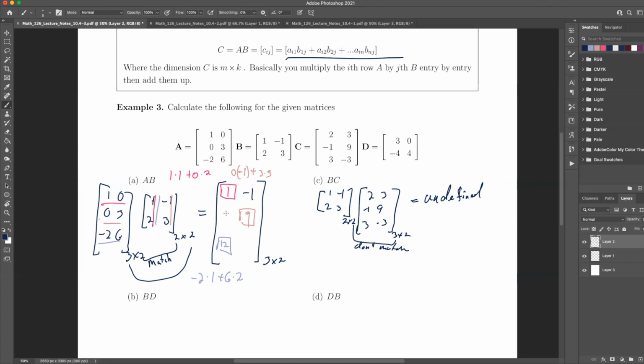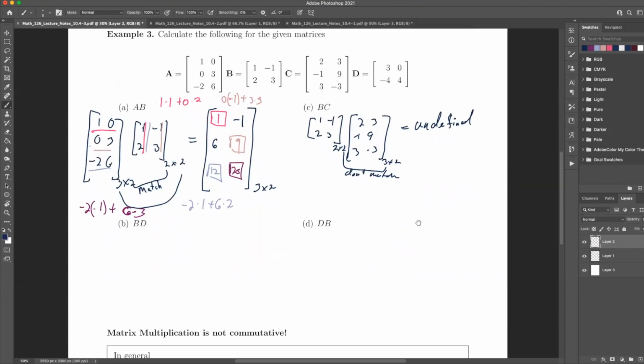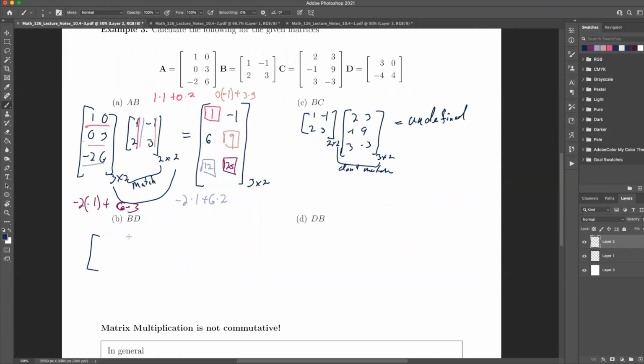So negative 2 times negative 1 would be positive. I'm going to write it out. So we have negative 2 times negative 1 plus 6 times 3. So that's 18 plus 2, so that's 20. Okay. You just have to do this a couple times before it becomes second nature. All right. So now, just for the sake of time, I'm going to write down what these answers are